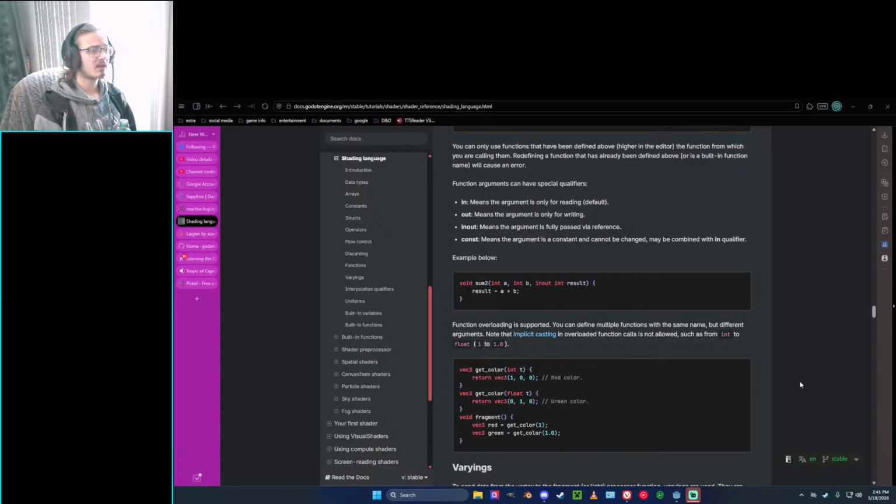Function arguments can have special qualifiers. In means the argument is only for reading, default. Out means the argument is only for writing. Inout means the argument is fully passed via reference. Const means the argument is a constant and cannot be changed, and may be combined with the in qualifier. Example below: void sum2(int a, int b, inout int result) { result = a + b; }